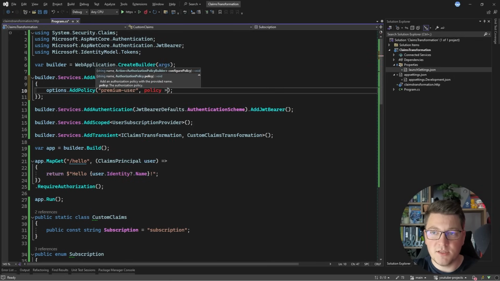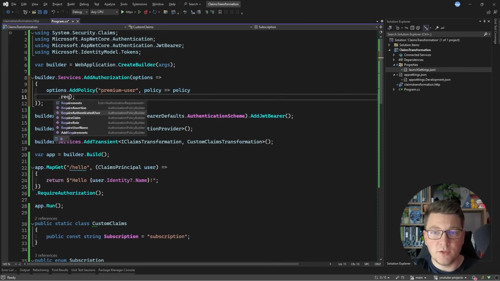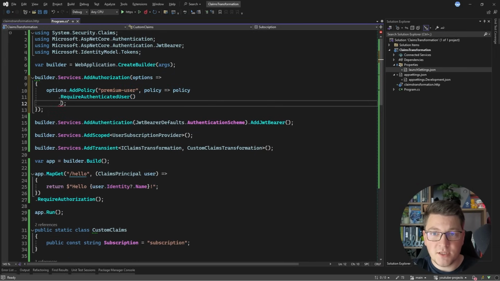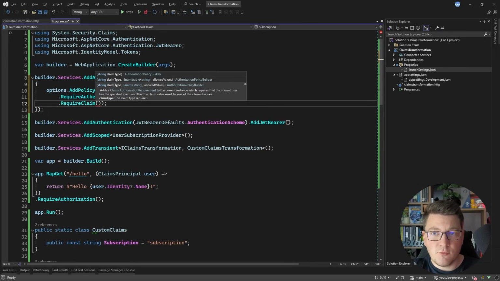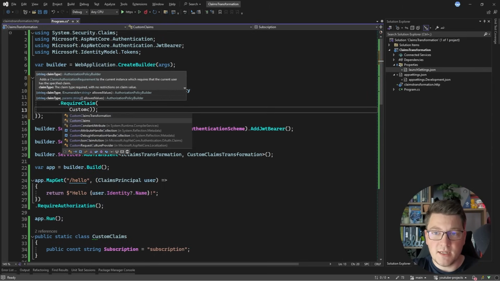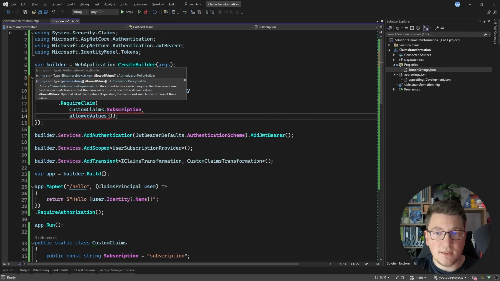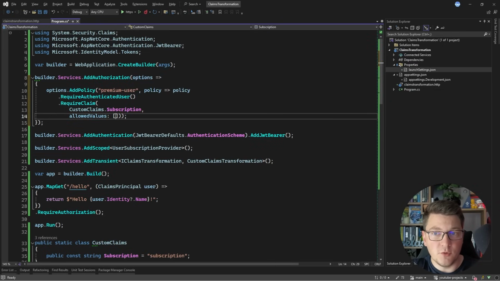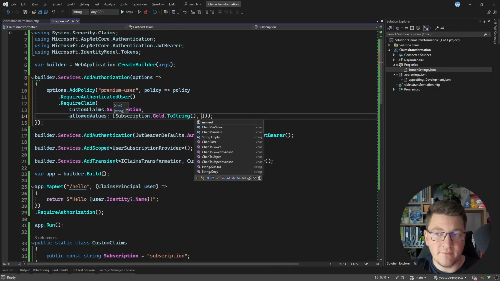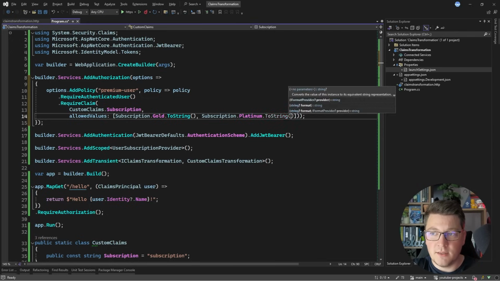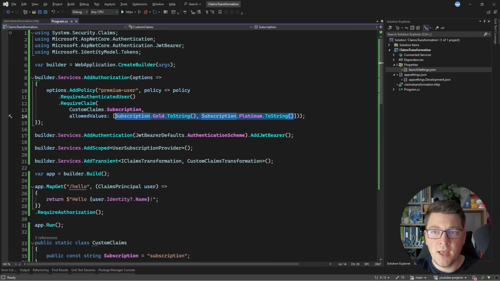So I'm going to say policy, and then I want to add my individual requirements. So let's say that this policy requires an authenticated user, and it also requires a specific claim. So I'm going to specify the claim name using my custom claims constant, and I will specify the subscription claim, and then I can pass in what are the allowed values for a premium user. So I can say Subscription.Gold.ToString because the claim values have to be strings, and I can also specify Subscription.Platinum.ToString. So these are the two claims that I want to accept for a premium user,